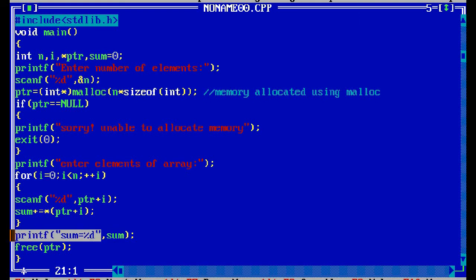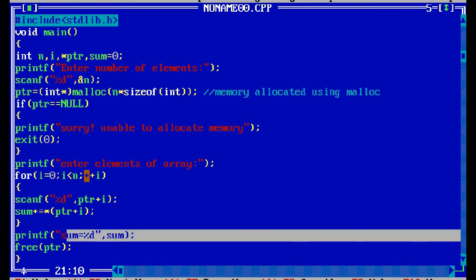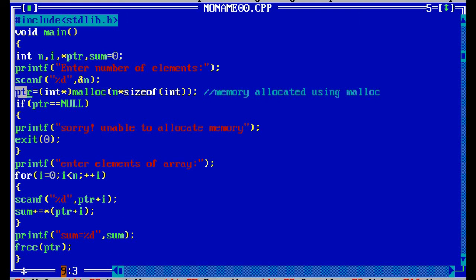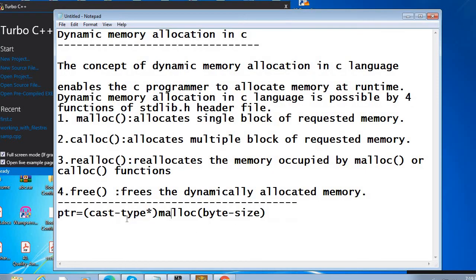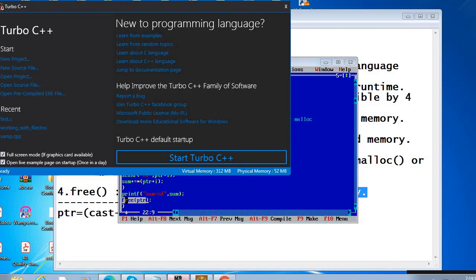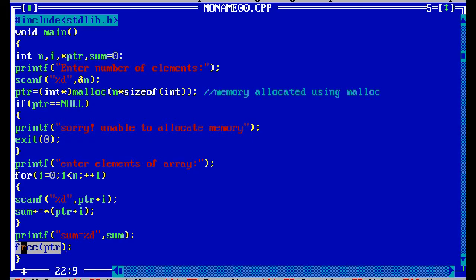After everything is over, it will free the pointer variable. Whatever memory is allocated for that variable will be freed using free. This is also a dynamic memory allocation function. Free means it will release the dynamically allocated memory after everything is over. So this is about the malloc function.